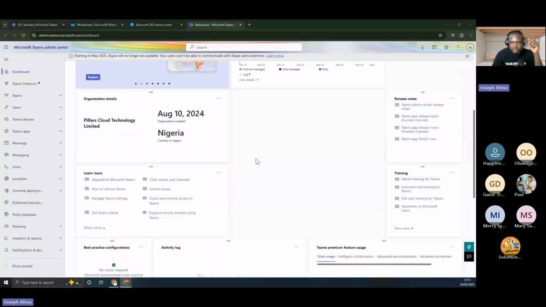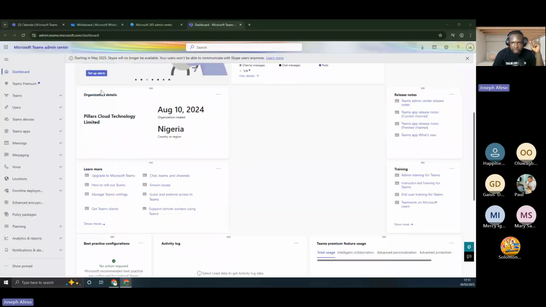If you scroll down, you just see some organization details: Pillars Cloud Technology Limited. When was it created? This tenant was created August 10.